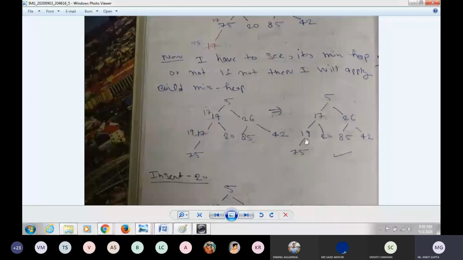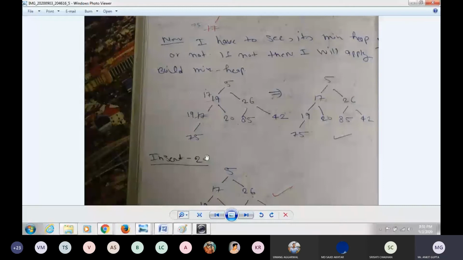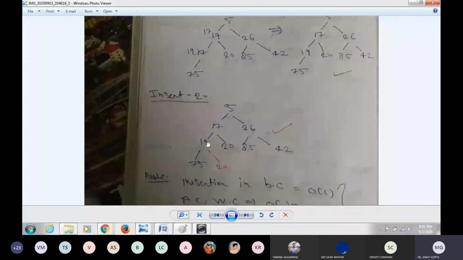Now I have to insert the element 20. Where should it go? It should go here, on the right side of 19. So I will insert it here, on the right side of 19, as 20.